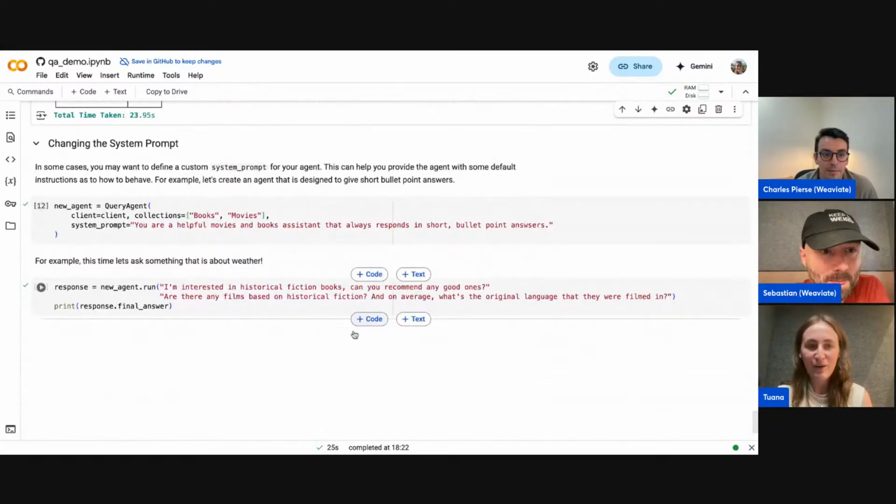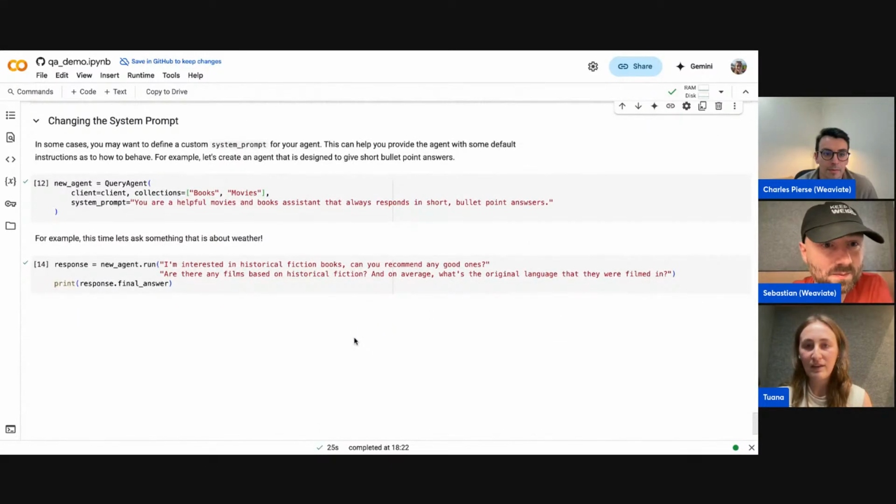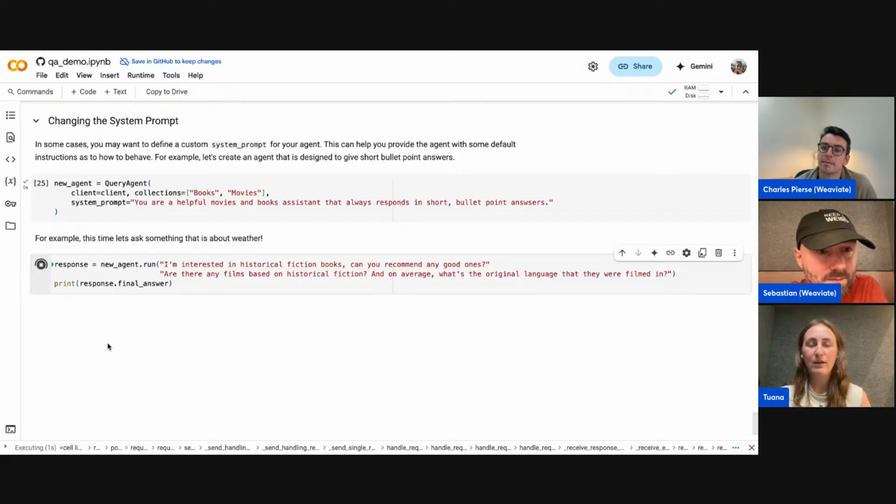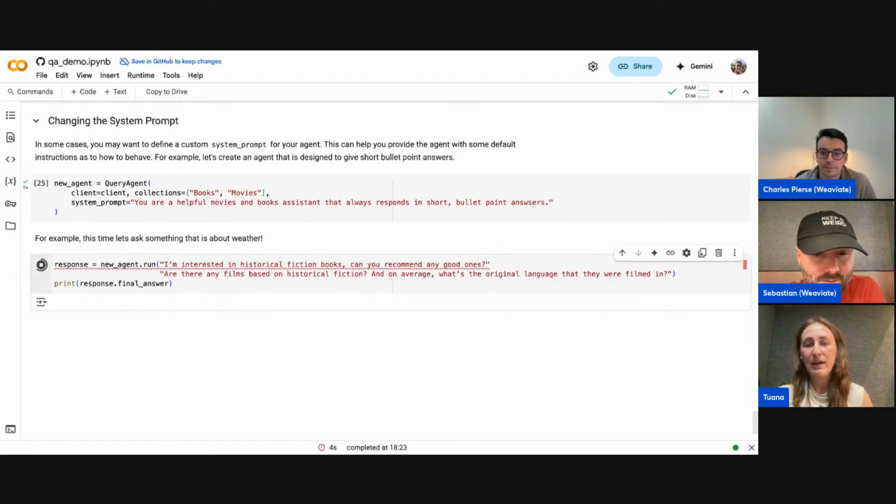One final thing I want to highlight about the query agent is that you can also change the system prompt, which basically determines the way the agent should behave. It's basically a blueprint of how the agent knows it should respond to you.